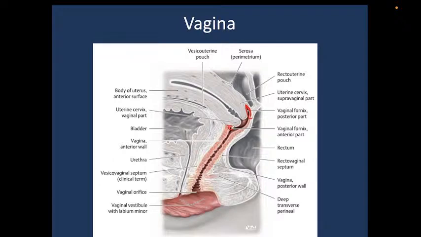Here are visible the anterior fornix and the posterior. As you see, the posterior is deeper, and this place, the posterior part of the vaginal fornix, usually serves as a container for the sperm. Here come the spermatozoa during the act, or during intercourse. The lower third is well innervated. I mean, this part is very well innervated.